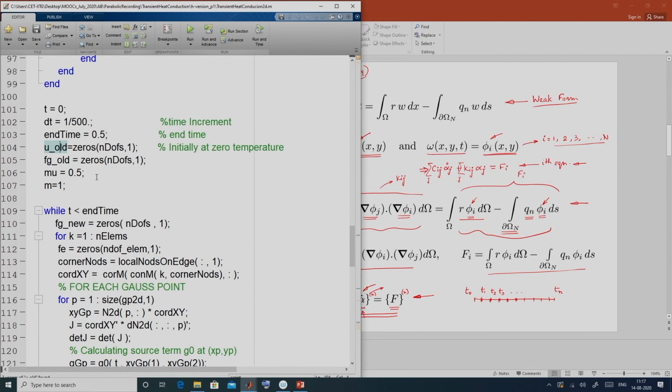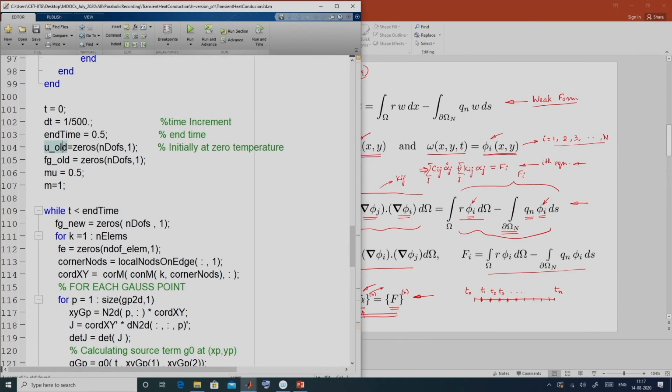And at the beginning we have to obtain the nodal values corresponding to time t equal to 0 from the initial condition. Since the temperature is 0 everywhere for the problem in hand, we have just declared it as a 0 vector, alright. So, U old is basically the previous solution.